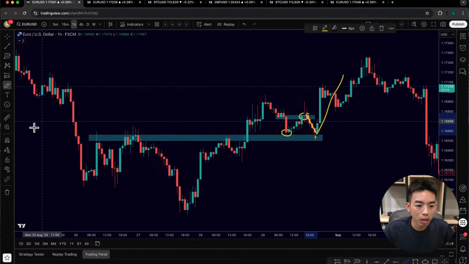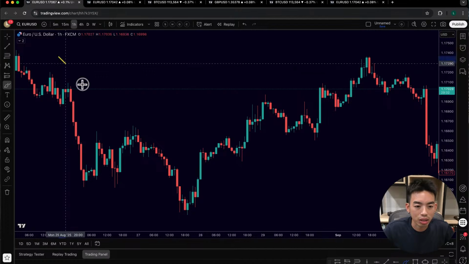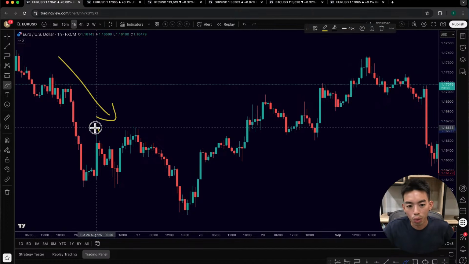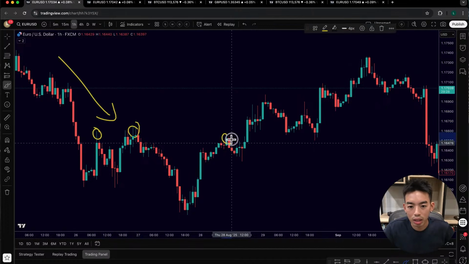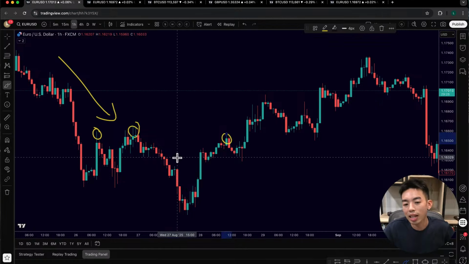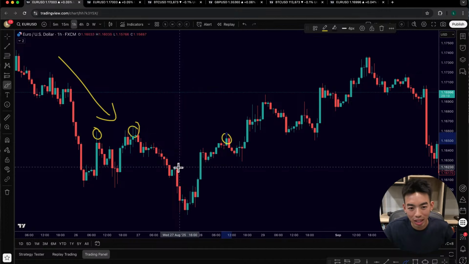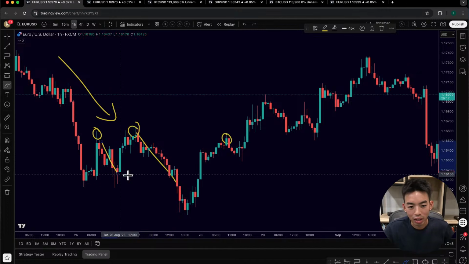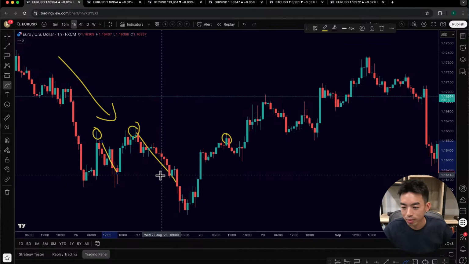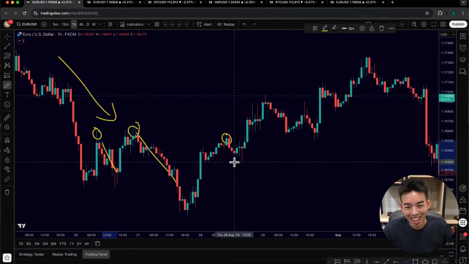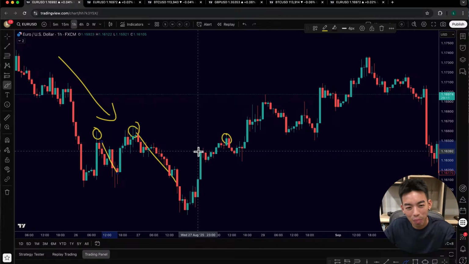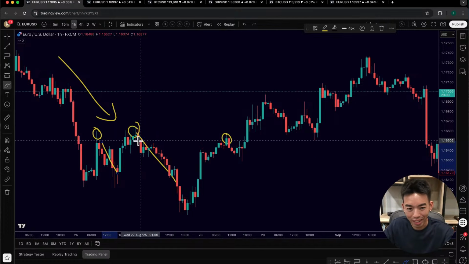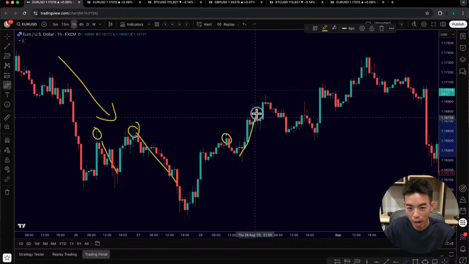If we look at this area right here, this is a move towards the downside. We know a lot of people are selling. Let's just say 3 people are selling the market, pushing price down, and the way that price went down is pretty big. It's big and huge. That's what she said. Anyway, a lot of people are selling. That's the whole point. And these people are trapped.